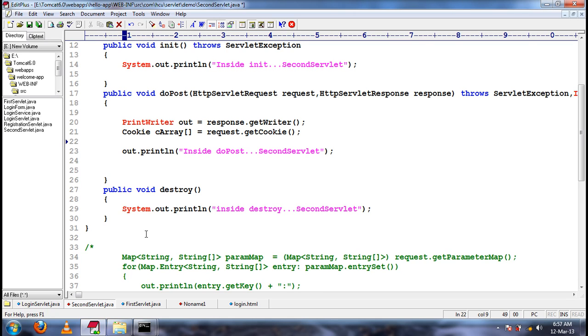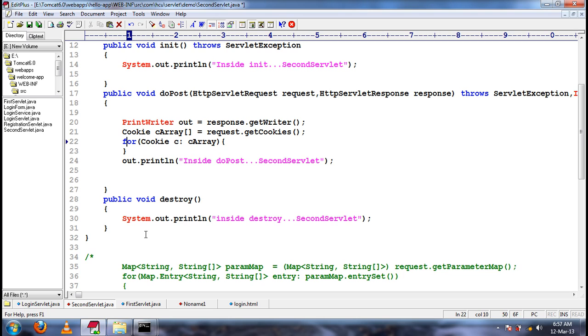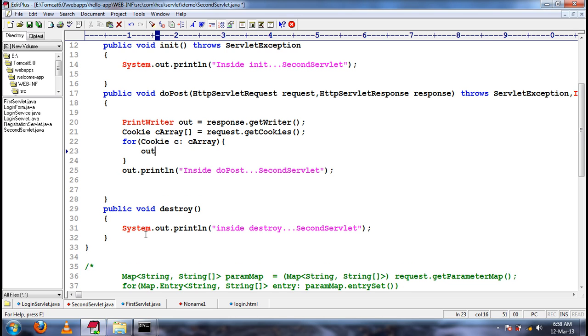Here I am using a for loop. Get key or get name? Let's see. Just key colon value pair.